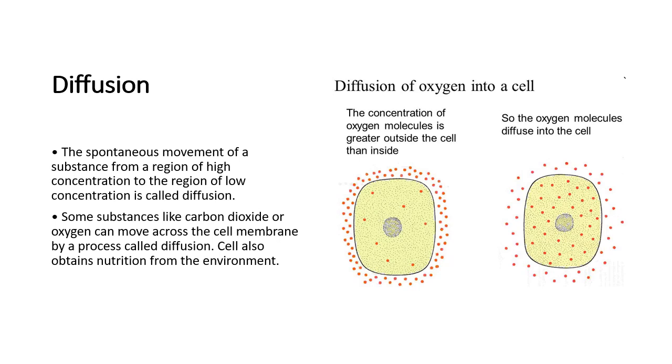In the cell's external environment, the concentration of carbon dioxide is low compared to that inside. As soon as there is a difference of concentration of CO2 inside and outside the cell, carbon dioxide moves out of the cell from the region of high concentration to a region of low concentration outside the cell,